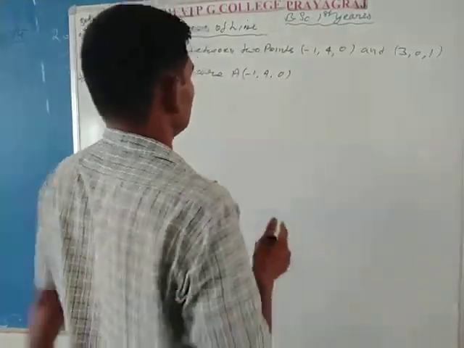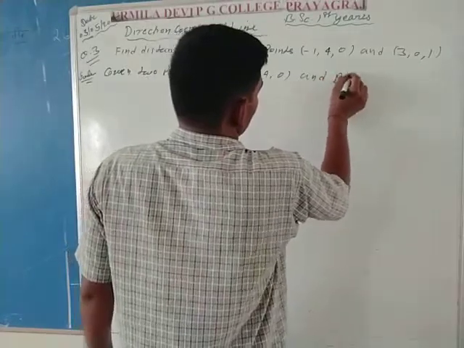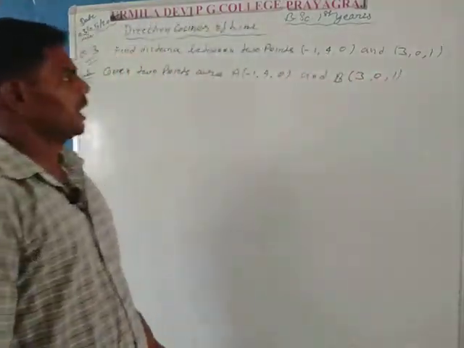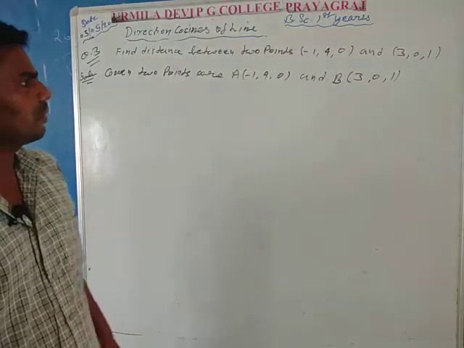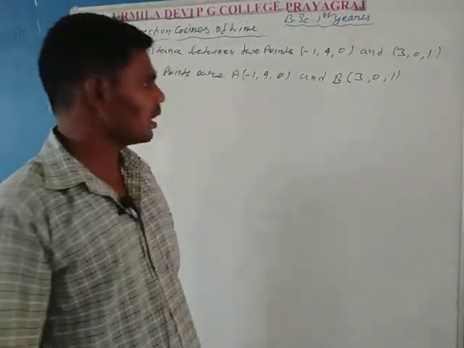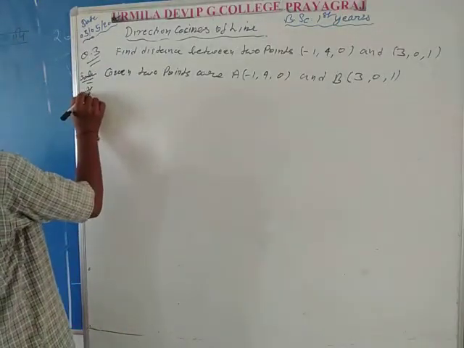So A is minus 1, 4, 0, and B is 3, 0, 1. Suppose point capital A has the given coordinates minus 1, 4, 0, and point capital B has the given coordinates 3, 0, 1. Then by the distance formula,